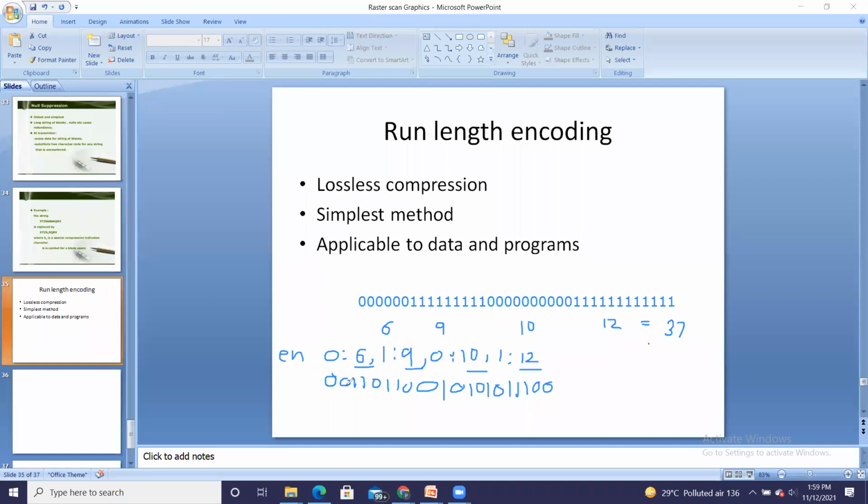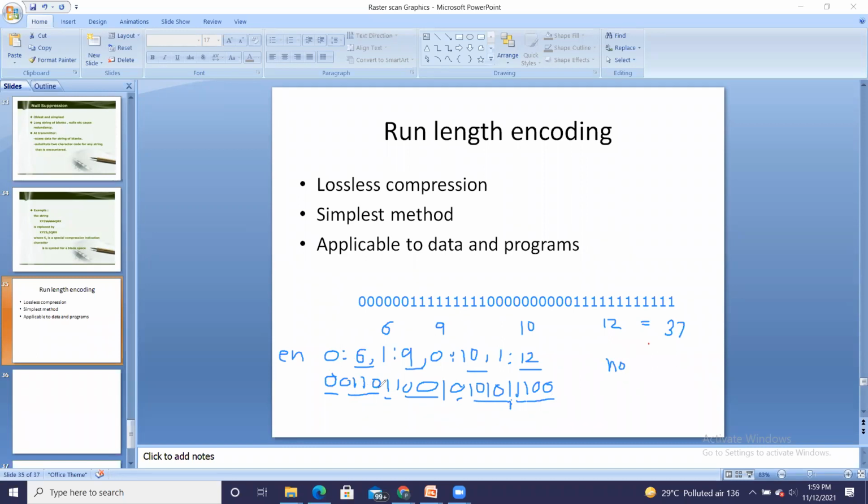Now, is there any loss in the data? No. We know 0 is represented 6 times, 1 is represented 9 times, 0 is represented again 10 times, and 1 is represented 12 times. While encoding, we have to select the number of bits.